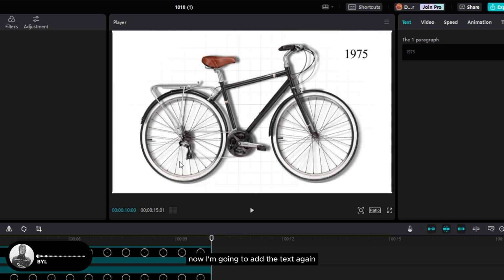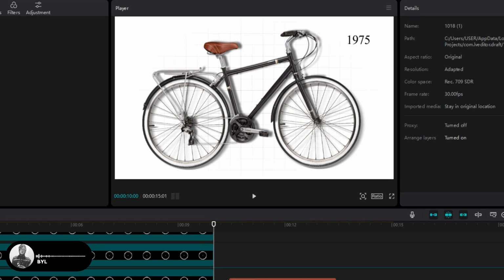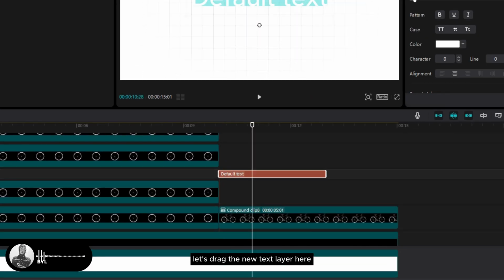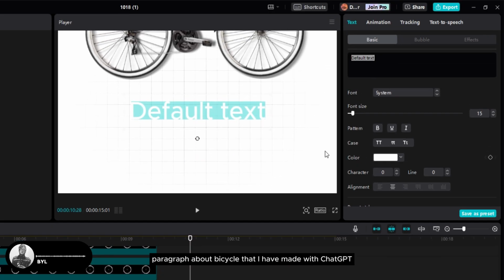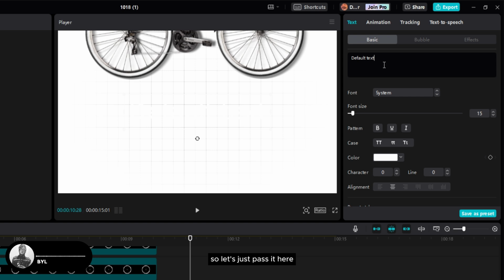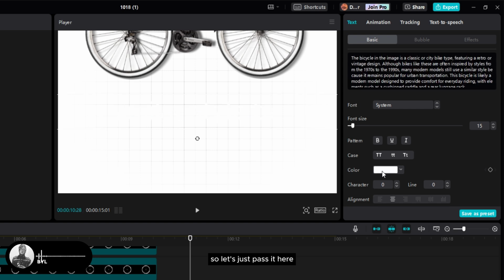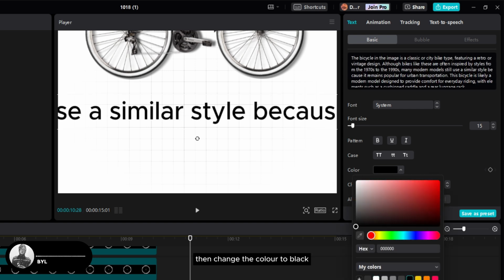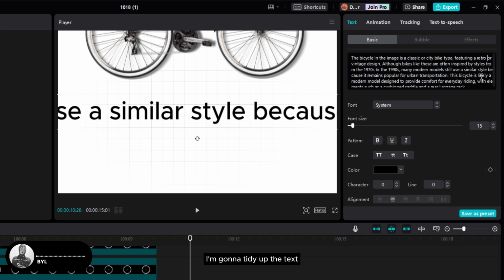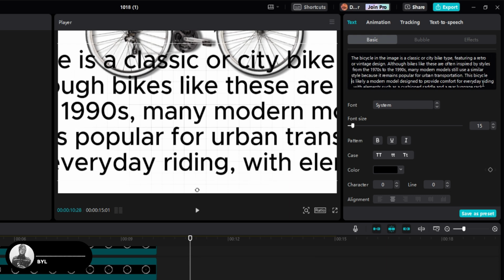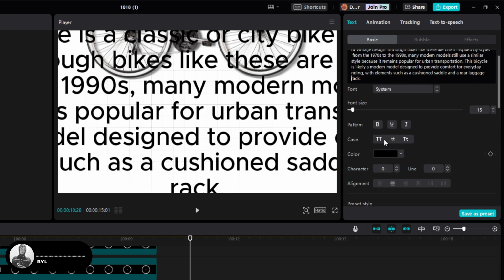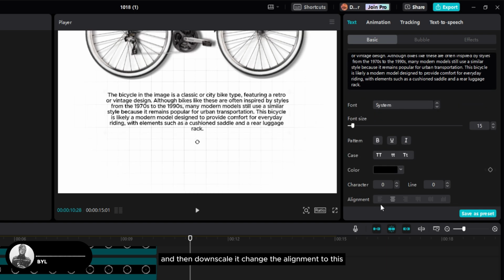Now I'm gonna add the text again. Let's drag the new text layer here, and here I'm gonna type a paragraph about bicycles that I have made with ChatGPT. So let's just paste it here, then change the color to black. I'm gonna tidy up the text